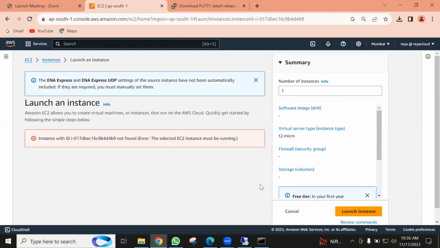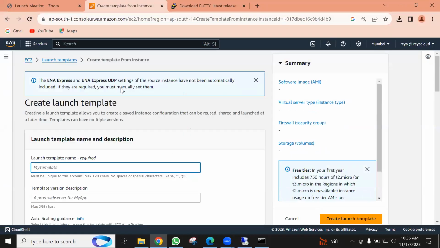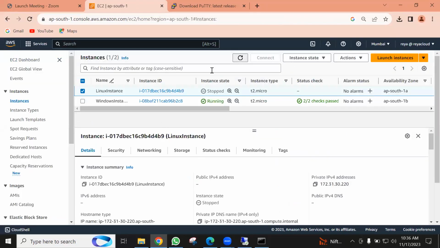So it is in running state. It should be in running state. Now this is acting up. This laptop is acting up. Why is it in... Okay. So